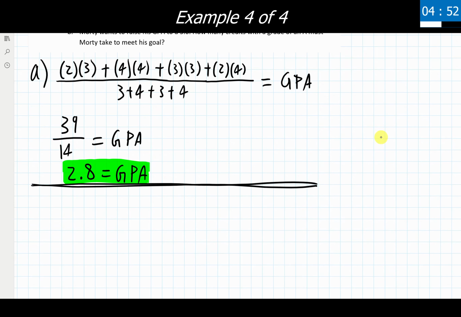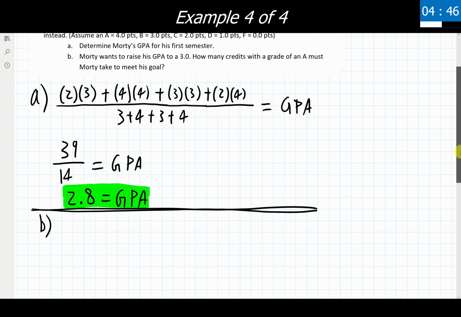Let's go ahead and take a look at this, or think on it. So what we have is the number of credits and everything that he's done up till now. What I'm then going to be doing is tacking on an additional number of credits at a grade of an A. So I have 2 ways that I can go about doing this. I can rewrite this whole thing down below here, and I can add on the little bit of extra stuff at the end, up top and down below, which there's nothing wrong with, but we look at this and see that this is kind of a mess of stuff.